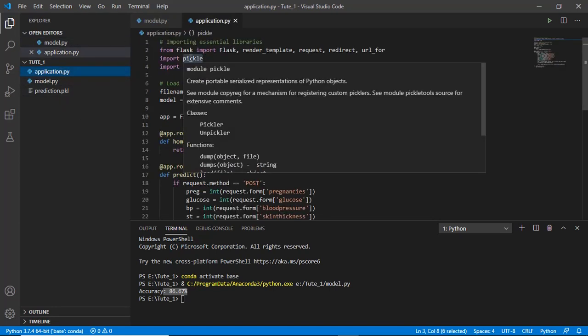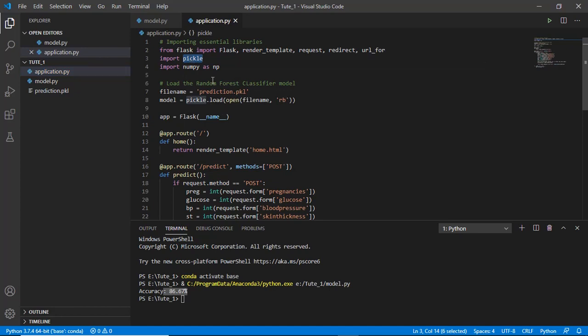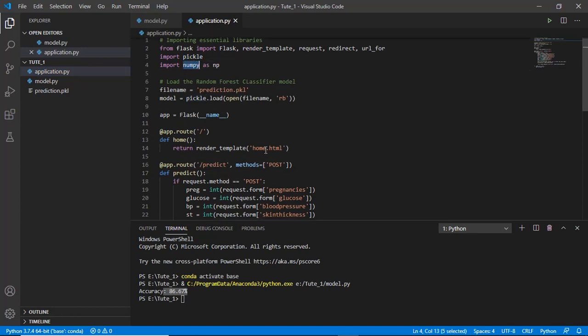For that I'm going to use import pickle. NumPy is required because I will show you why. So this is our Flask app, named app. If you want to choose any other name, you can. It's your choice, but I suggest app is okay because it's not going to show anywhere in the UI. So this is our route. When someone goes to our application, I'm going to create one home.html.